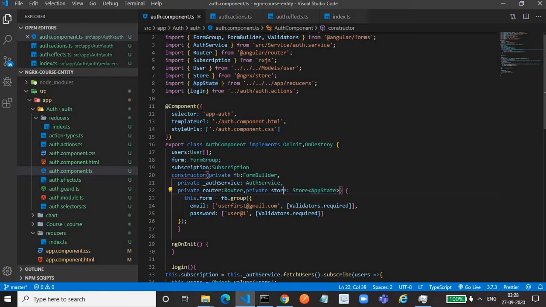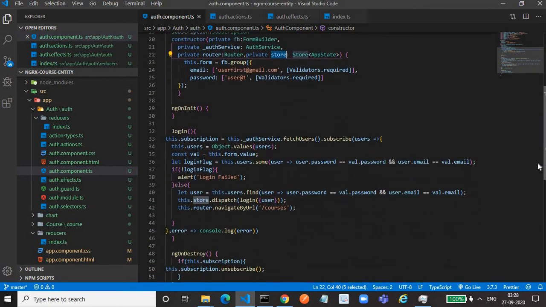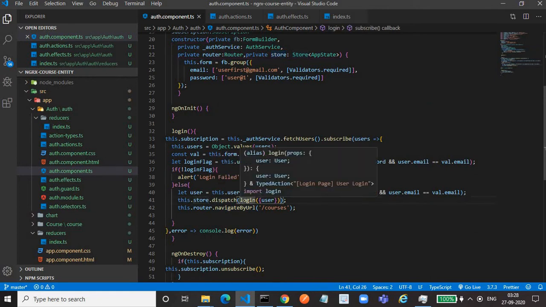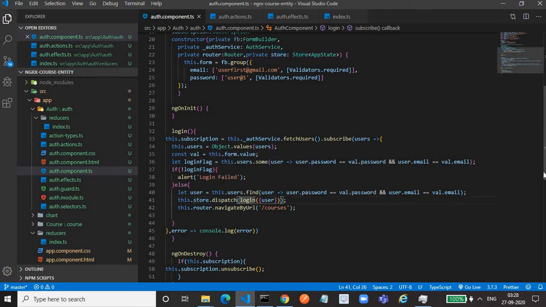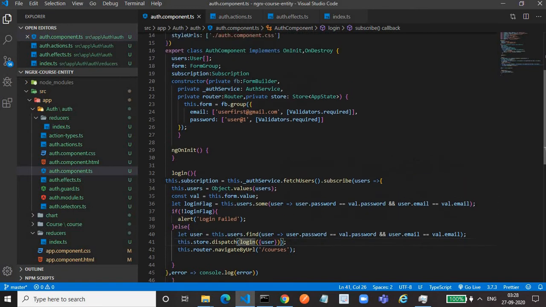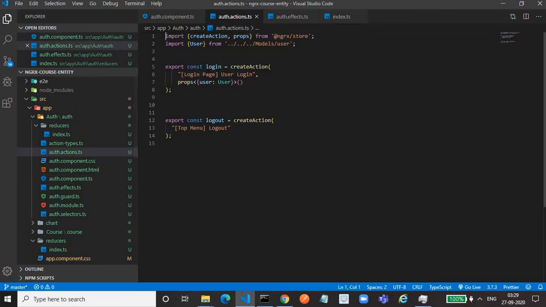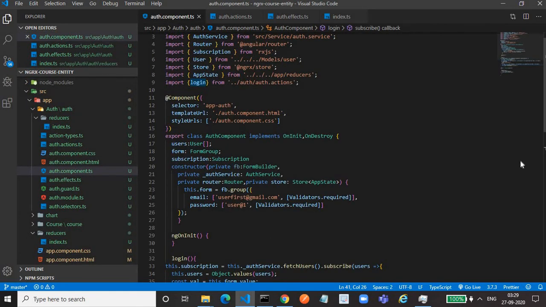So once we create an instance of the global store, then we have to dispatch an action, this.store.dispatch. Then this is the action. Login is an action that we have to provide, and we import this login action from auth.actions. This is the auth.action file in which we have created the login action. We will come to that. So this login action